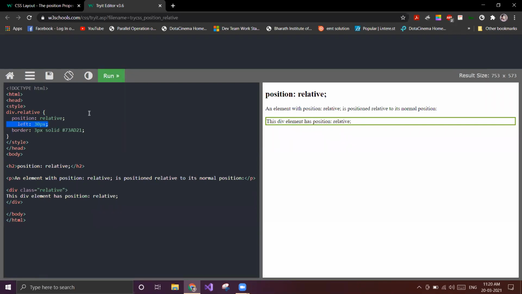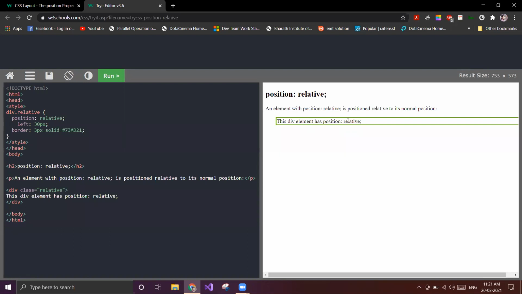So it is moved 30px from its left, relative to its present position. Suppose the present position is 0 0, it has moved 30px from that position.